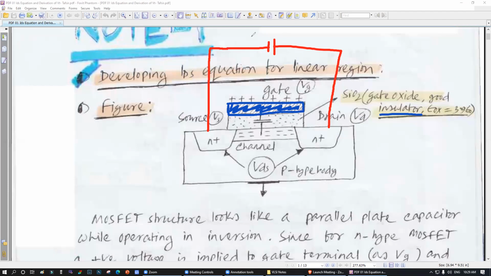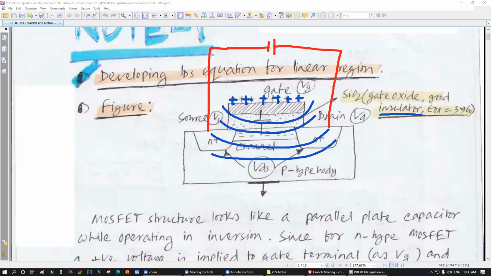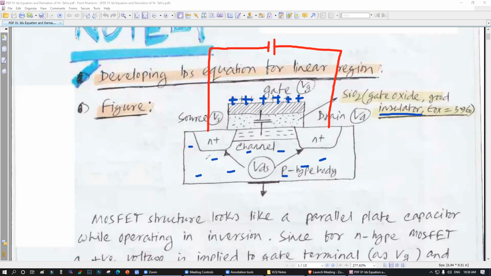So you have to bring a magnet here. What do you mean by magnet? A positive voltage. When you bring a positive voltage here, it creates a field. Positive always attracts negative electrons. Because this is P-type, there are still some free electrons, a very little amount, but there are some.